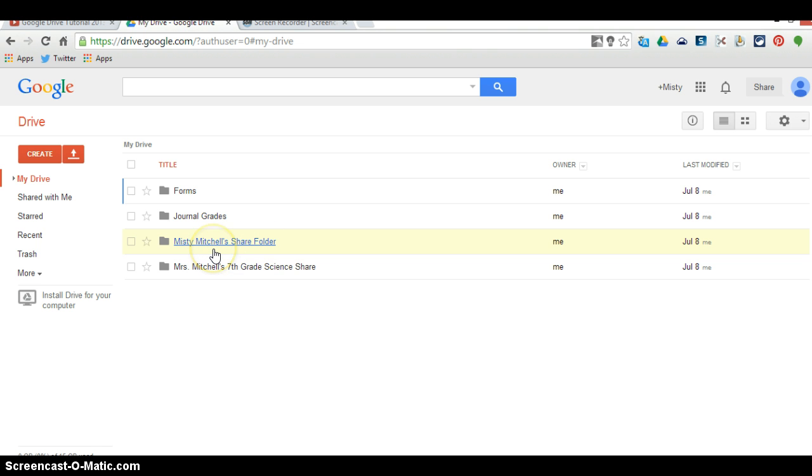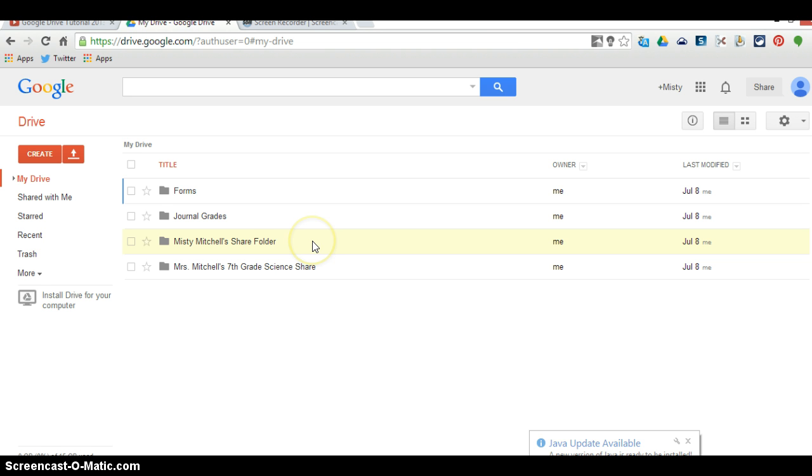Like all the teachers will have a folder and staff, and they share that folder with all middle school teachers. That way, if there's anything that you want to share with anyone who works here, you can put it in that folder. So I want you to find the folder that you created that's just your name and share it. And there's lots of ways to share, lots of ways to get to the share options in Google Drive,